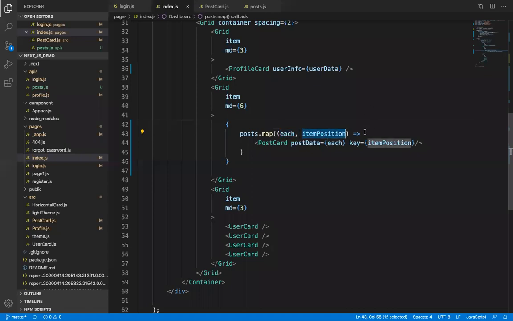In the next class, we will print the each and item position to get a clear view. Today we are short of time, so in the next class, we'll recap this map thing before starting the session. We don't have time now. If you have any issues, you can text me and you can text Guru also. Okay, so post all the videos. Yes, the videos will be posted today.